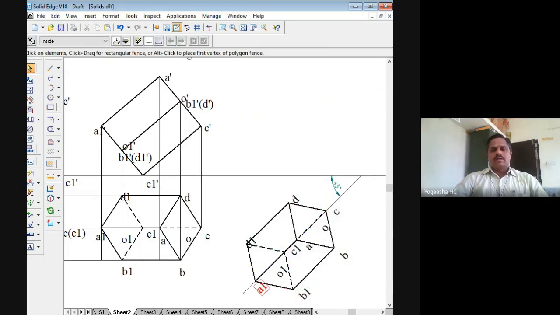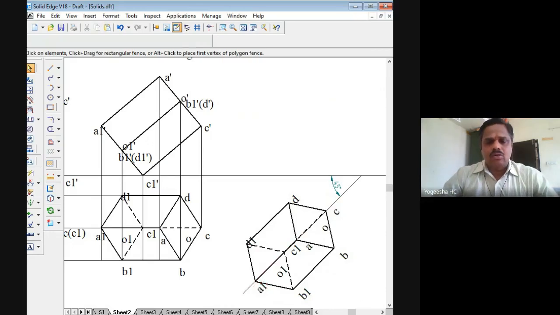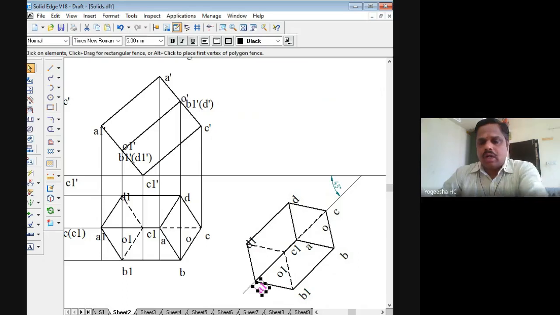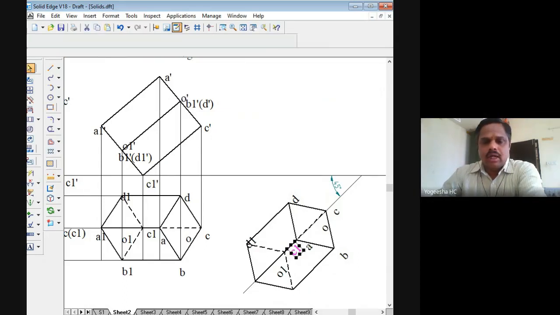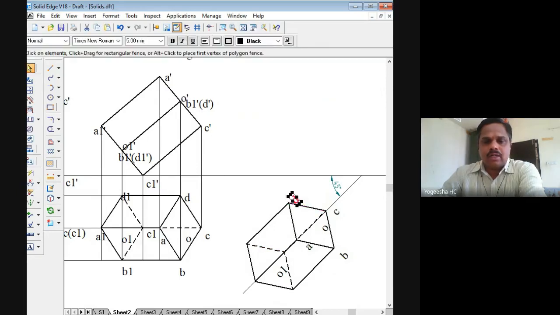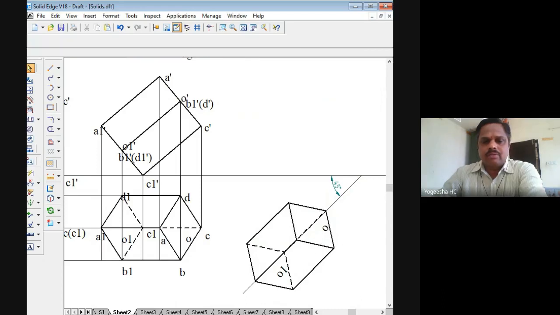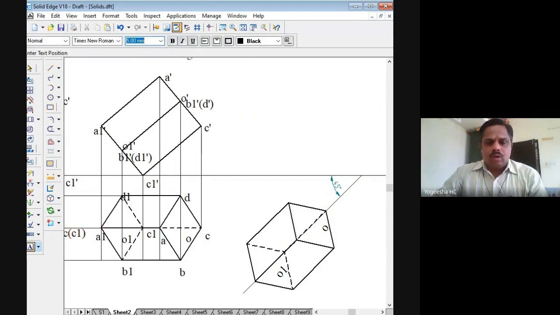All these text are slightly rotated now. We have to delete those text and redraw them once again, but you should remember the sequence. This is the point A1, this is the point B1, this point is C1, and this point is D1.